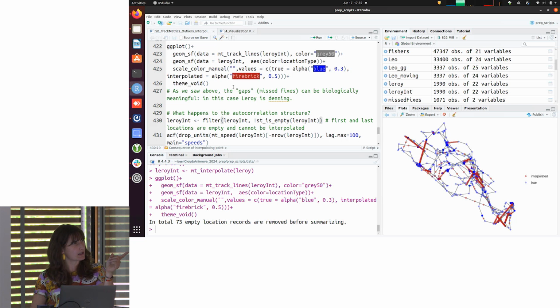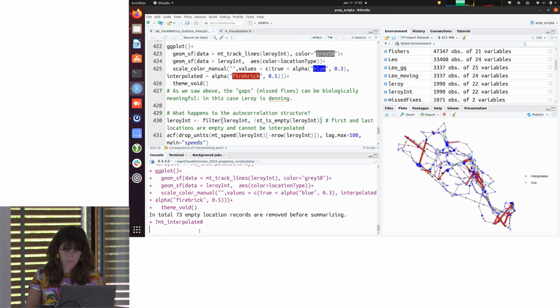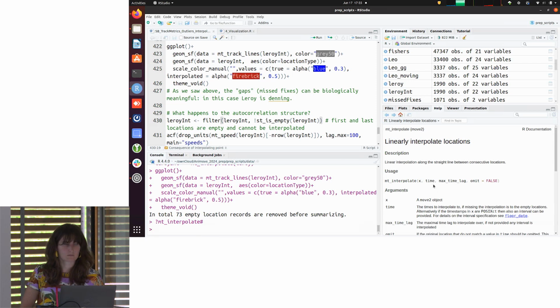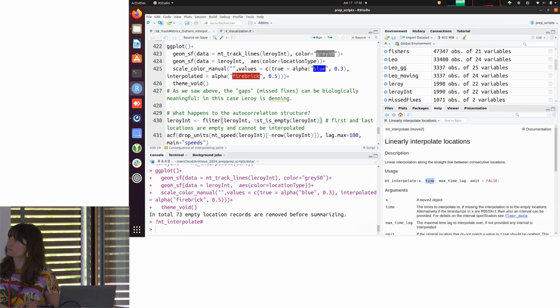Okay. But then I think tomorrow, or I don't remember when, there is also another example in which you can actually give it a sequence of timestamps at which you want the interpolated points. So in the gganimate example, in the visualization, there it's an interpolation every hour. So it just takes every hour and interpolates. In the vignette that I then showed you, each animation kind of has a different interpolation. So there are many ways to interpolate. It's just